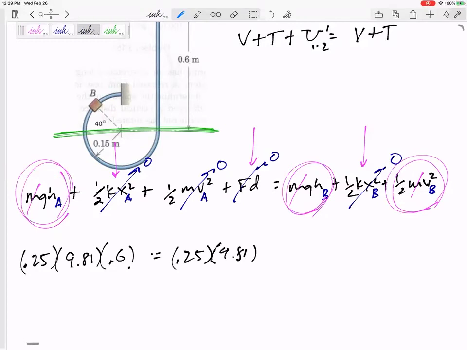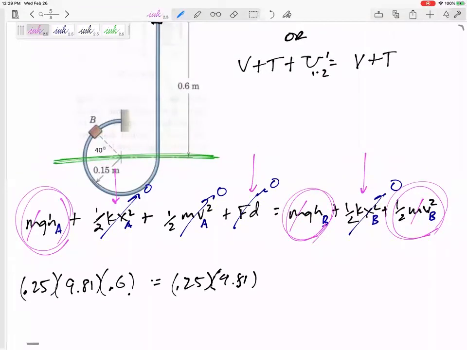Here the height, only the vertical height, would be that pink line right there. So if this hypotenuse is 0.15, and that's 40 degrees, it's 0.15 sine 40. All right, 0.15 sine 40. And then 1/2